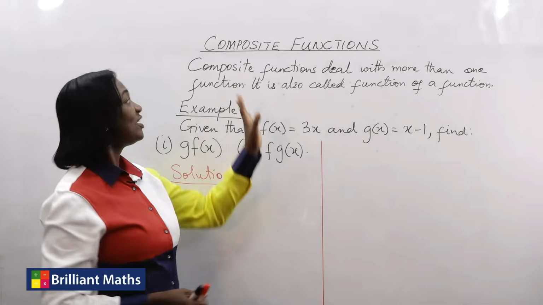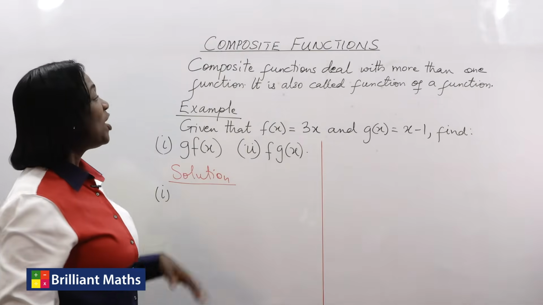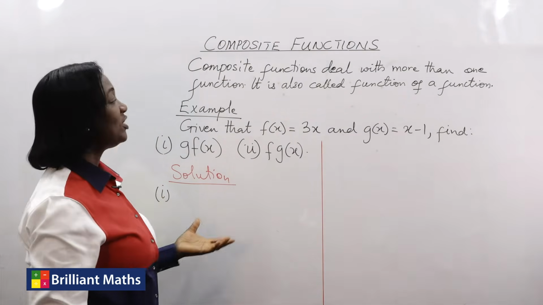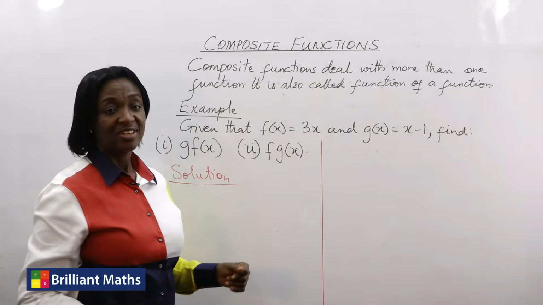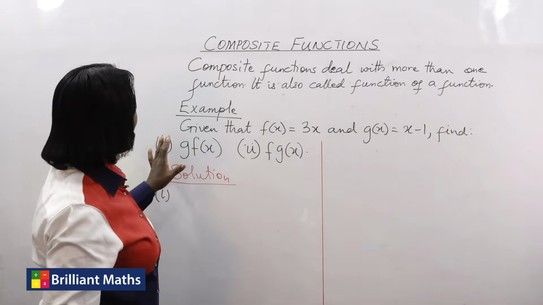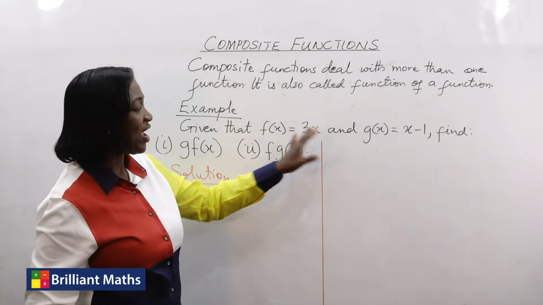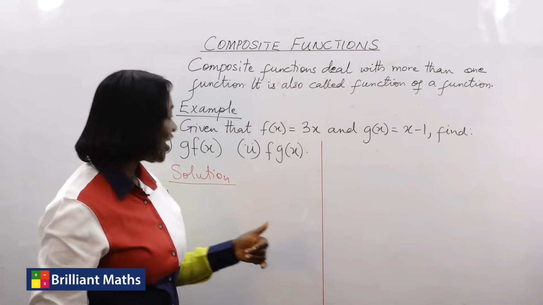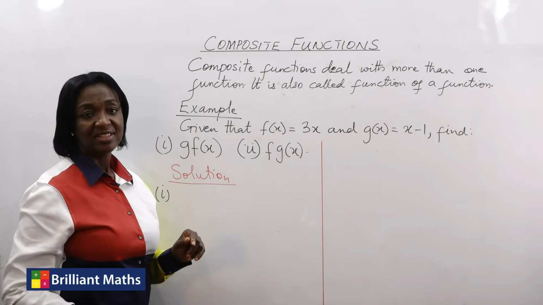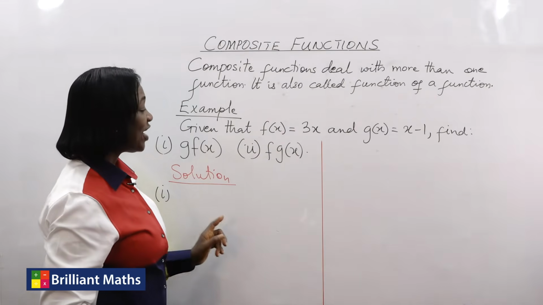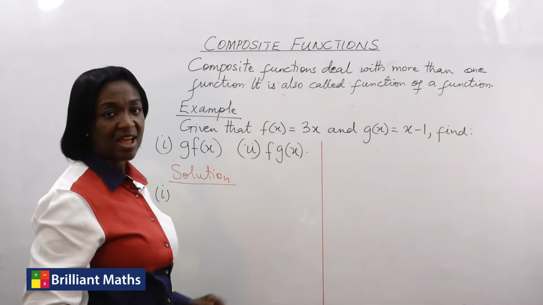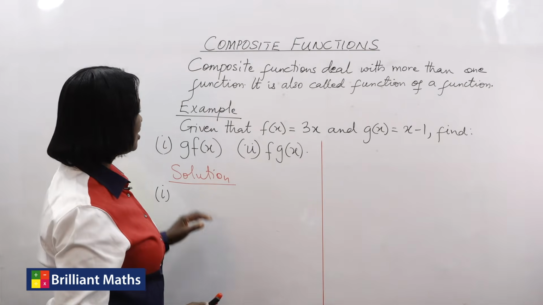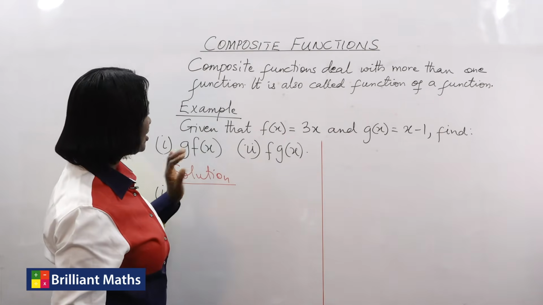So here we're looking at composite functions. Composite functions deal with more than one function. It is also called function of a function. So for example, given that f of x is equal to 3x and g of x is equal to x minus 1, find g f of x and find f g of x. How does this work? It simply means g f of x